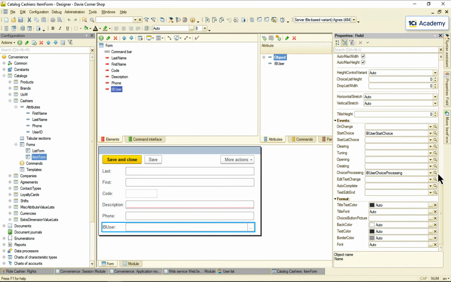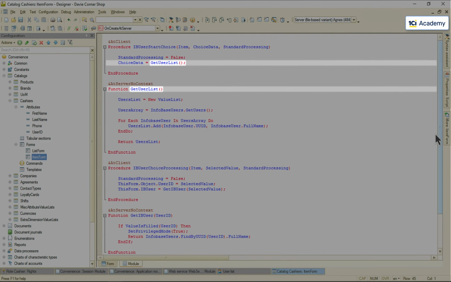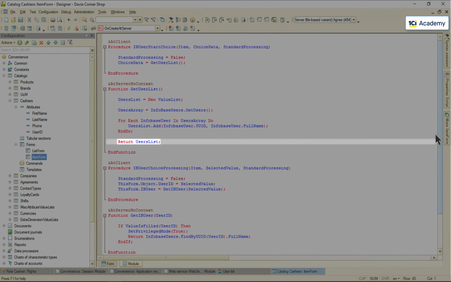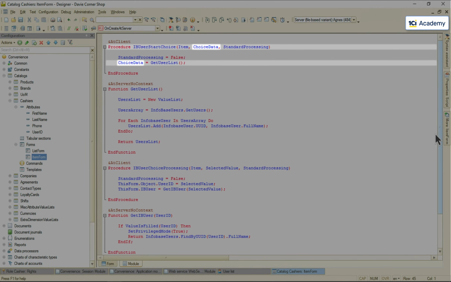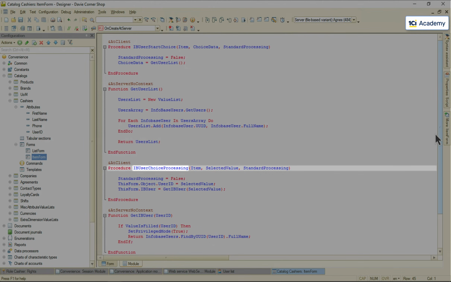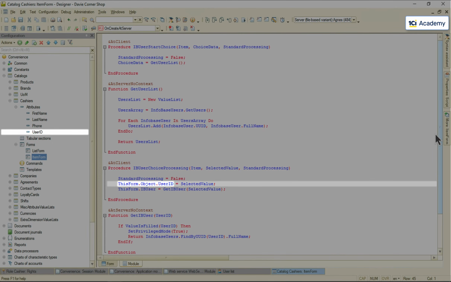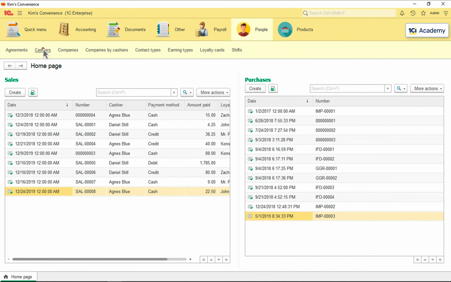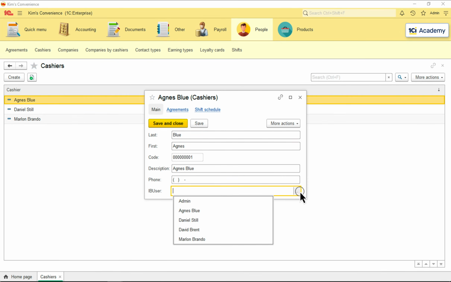When the choice button is clicked, I read the system user list using the getUsers method of the InfoBase users global context object, and then pass it to this event handler parameter for the form to show it to a user. Then, after a user makes a choice, I take the selected system user ID and store it to this new catalog attribute. Then I run the app and bind every cashier in the catalog to the system user like this.